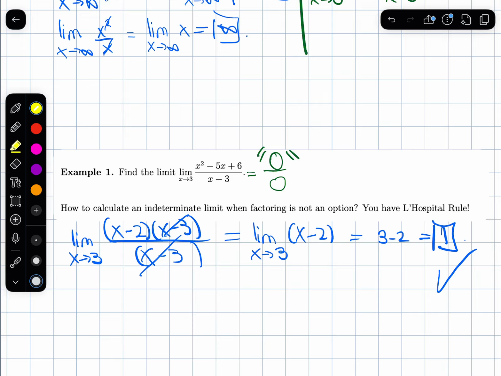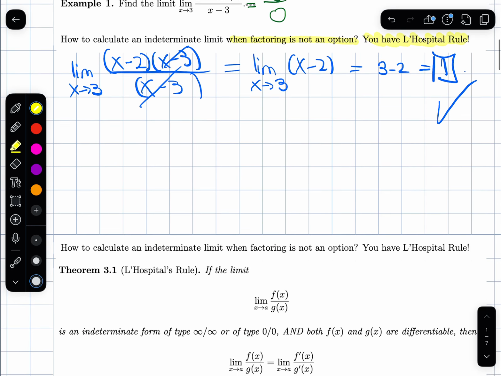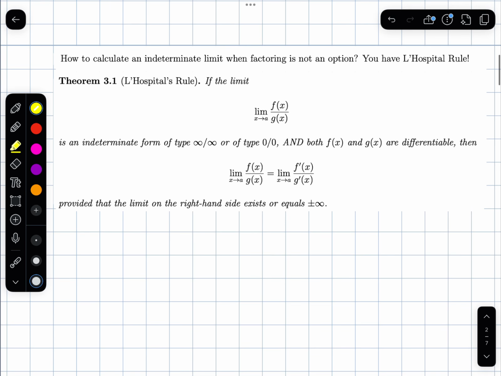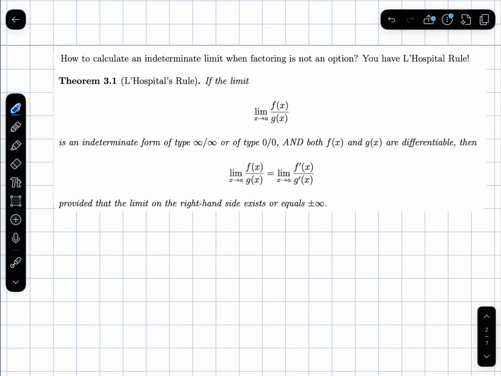What if factoring is not an option? So what we do is we use L'Hopital's rule. Let's talk about what L'Hopital's rule actually tells us. If you have a limit of this type, f over g, and the limit is one of these two indeterminate forms, infinity over infinity or 0 over 0, so it's got to be one of these two, okay? Only if your limit is one of these two,